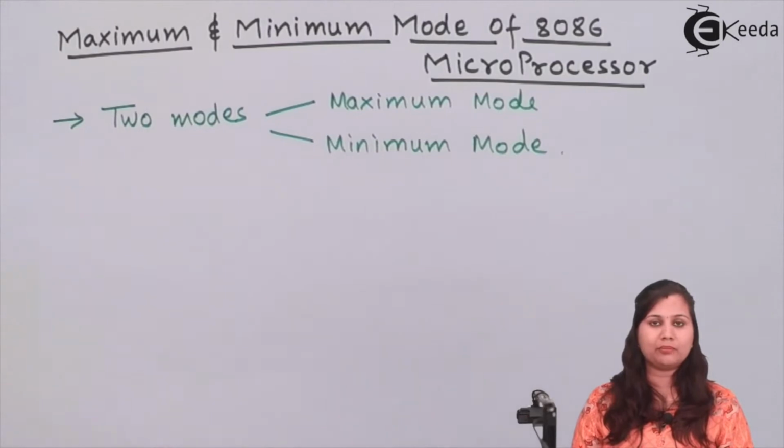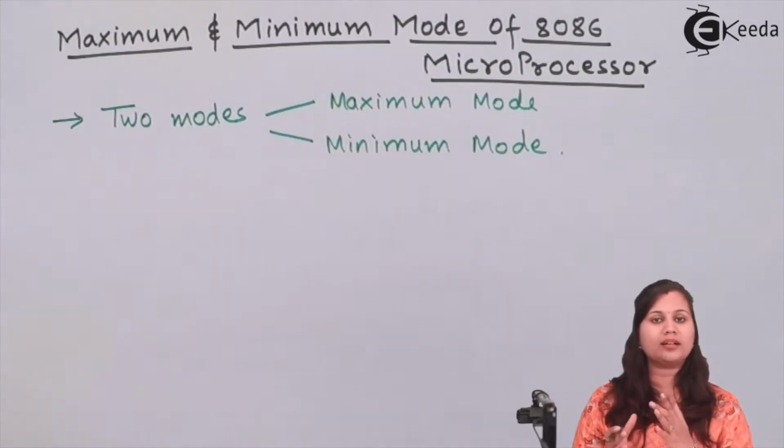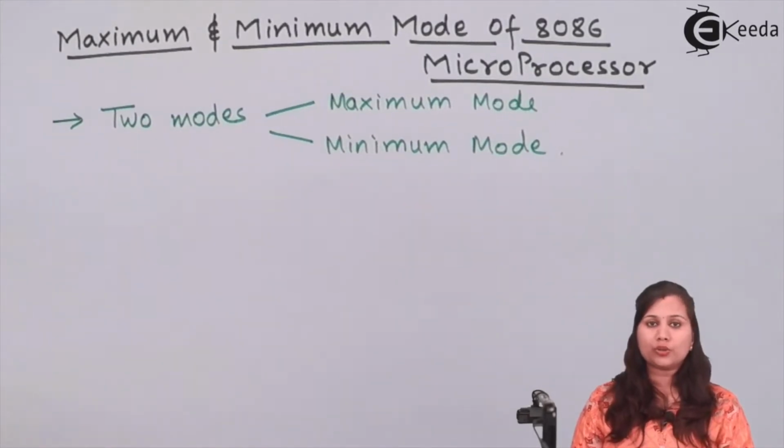Whereas in the maximum mode, because there are more than one microprocessors, the 8086 microprocessor is going to give the status signals. Those status signals will be given to a bus controller. That bus controller is going to provide the control signals. So the control signals are not directly provided by the 8086 microprocessor in the maximum mode. So if we talk about the differences,